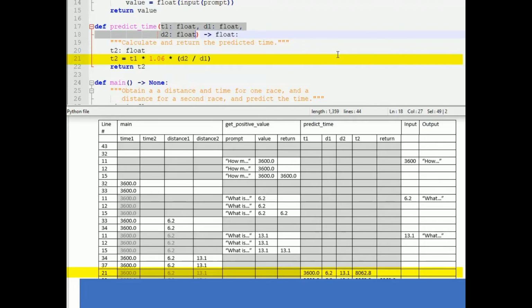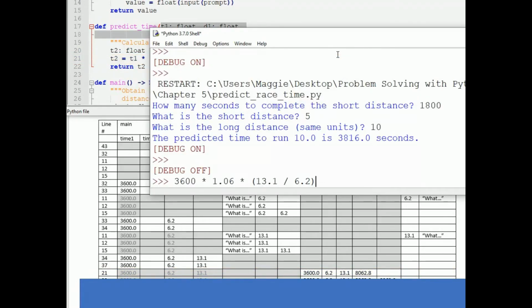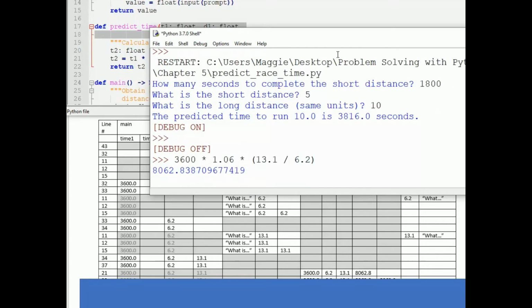And on line 21, we are performing a calculation with the values in these parameters, 3600 times 1.06 times 13.1 divided by 6.2. And if I calculate that using IDLE, it tells me 8062.8 (let's round that to .8). That value is stored in the variable on the left of the assignment statement,